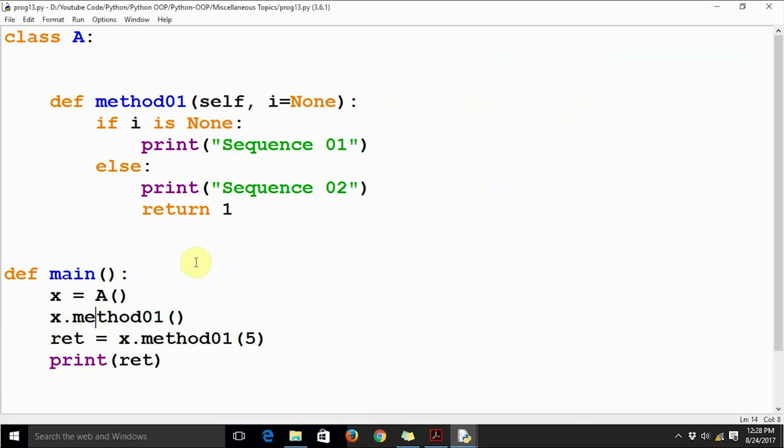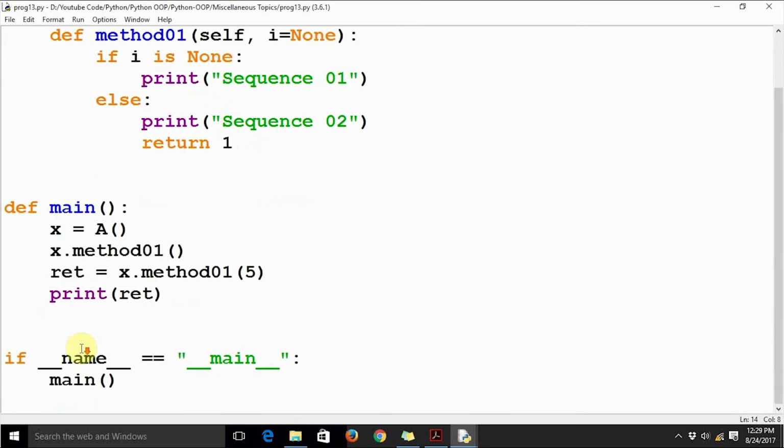So this is how methods with default arguments work, and we can use them for a kind of functionality similar to overloading of methods. But this is not overloading in the strict sense, because we are not using different method definitions. We are just using different method calls.